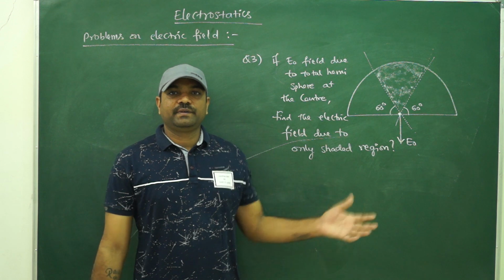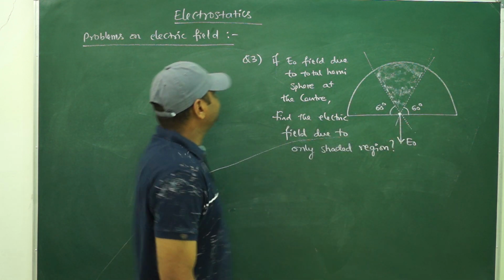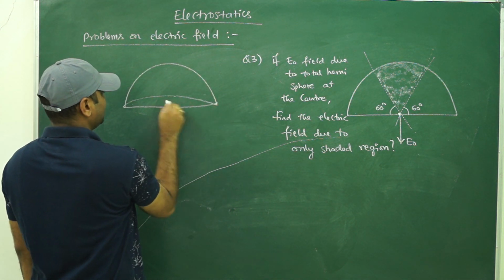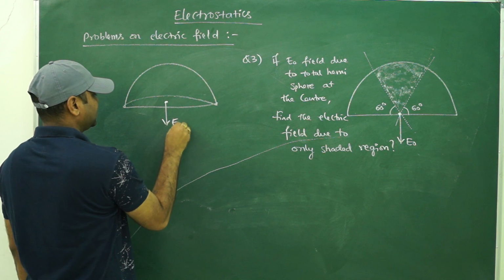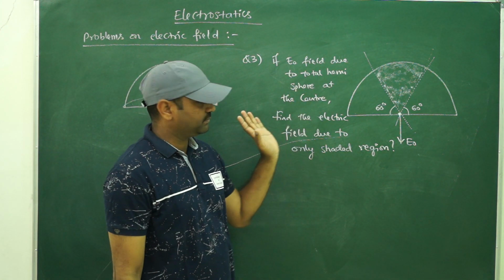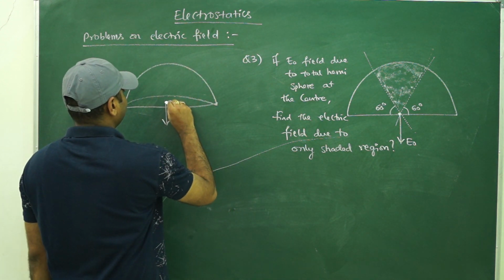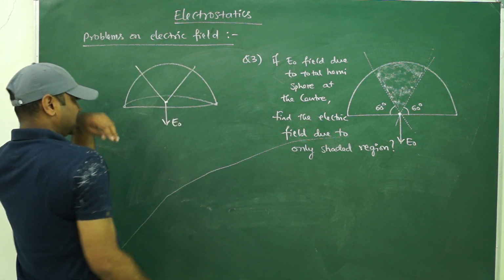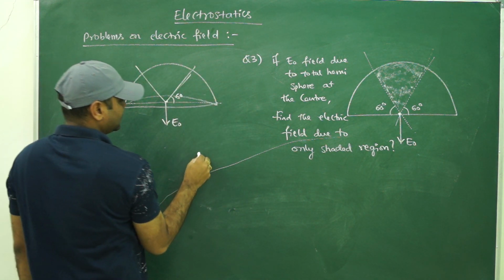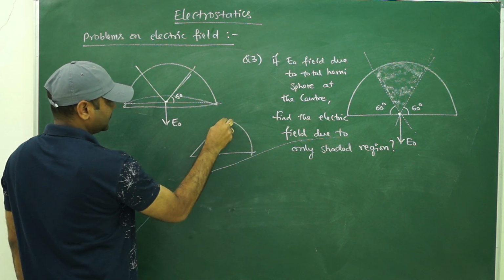So here we go with the next question. I have one hemisphere, something like this. This is a complete hemisphere. Because of the hemisphere, what is the field at the center? Given is E0. E0 is the electric field due to the hemisphere at the center. It's a given thing. Now, if this hemisphere is cut into 3 parts, something like this, at an angle of 60, then you will get one part something like this. It is a little tough to draw, but I will try this part.